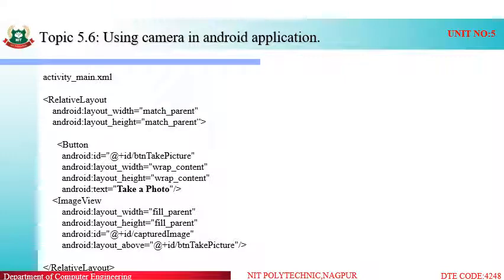The image view is to put whatever photo we have taken inside that control. So this is the basic and simplest activity.xml file in which we have taken a button and an image view. The image view is used to get the image inside that particular control, and the button is used to take or capture a photo.